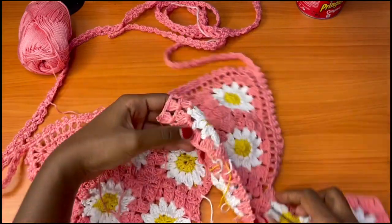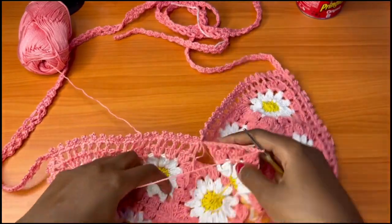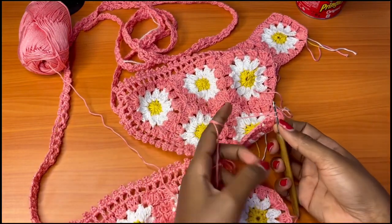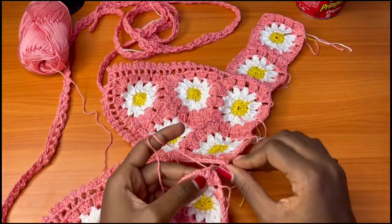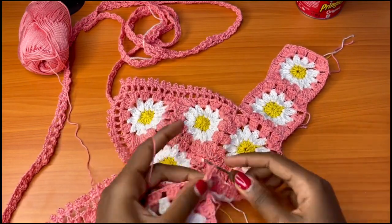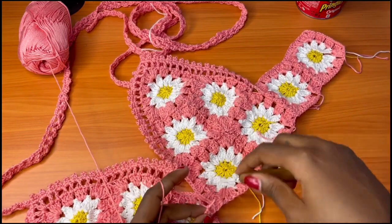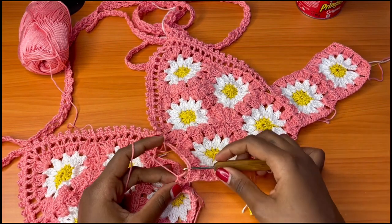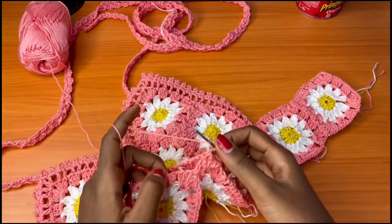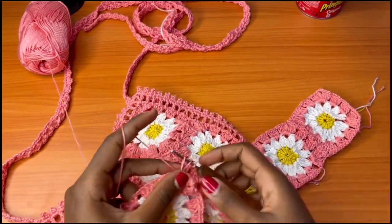So after your 3 double crochets, you're going to turn your work and we are going to be working on this side. So prepare for a double crochet and go into the corner here and place your 3 double crochets, 1, 2 and 3, and then you're going to chain 1, attach into the next chain 1 space, chain 1 more, and then go into the next chain 1 space on this motif and place your 3 double crochets,